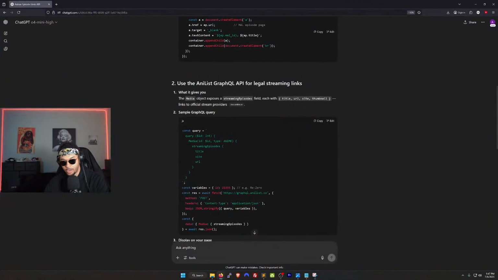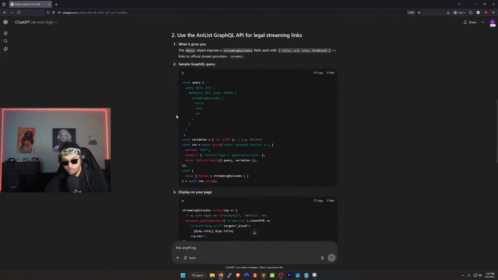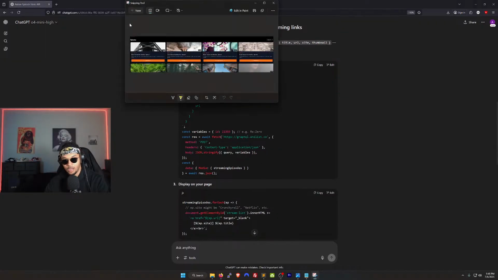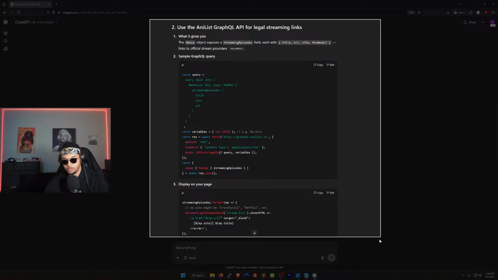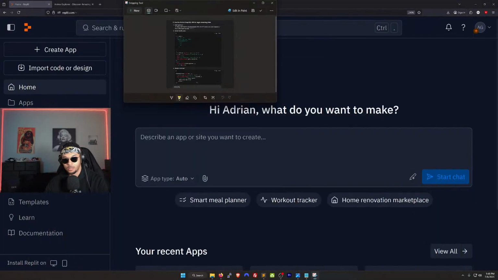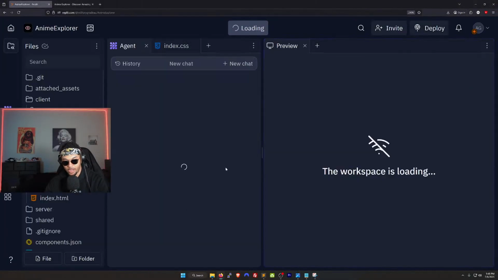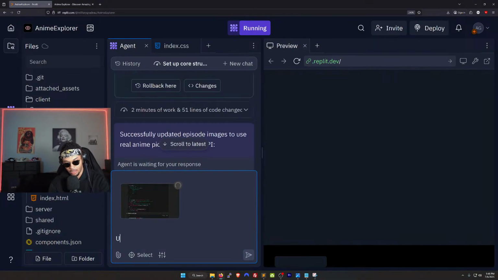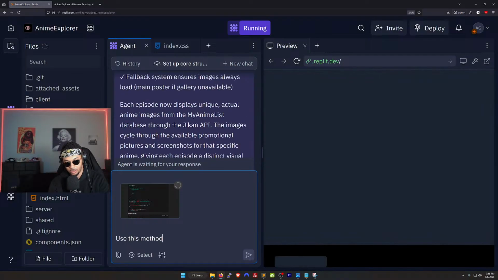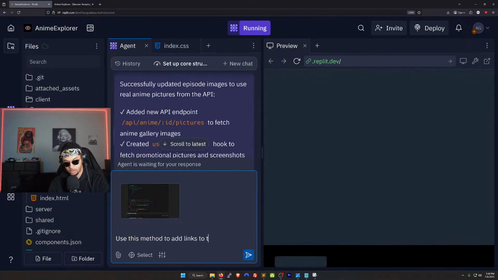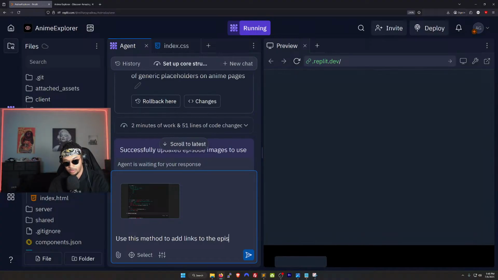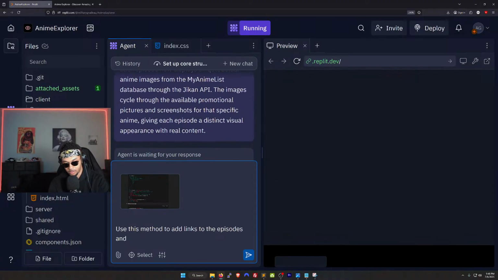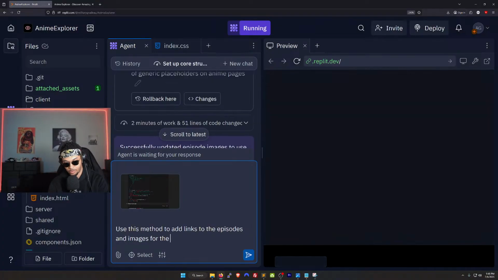But look, we can see right here, ChatGPT was able to give us another option, which is the AniList GraphQL API. So what I'm going to do is screenshot this portion of ChatGPT, go back into the Explorer app, paste that screenshot from ChatGPT, and use this method to add links to the episodes and images for the episodes